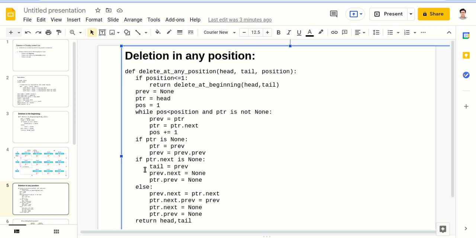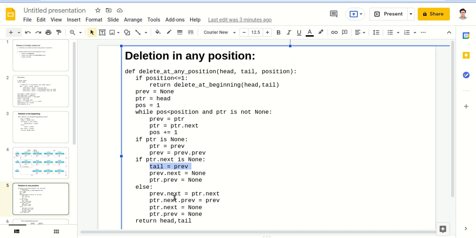Now if ptr.next is None, meaning ptr is the last node, then we'll make tail as prev, prev.next as None, and ptr.prev as None. So this makes both pointers of ptr null, and thus ptr will be deleted by garbage collection, and we end the linked list by making prev.next as None, and now we point the end pointer, the tail pointer, to prev if the ptr is the last node.